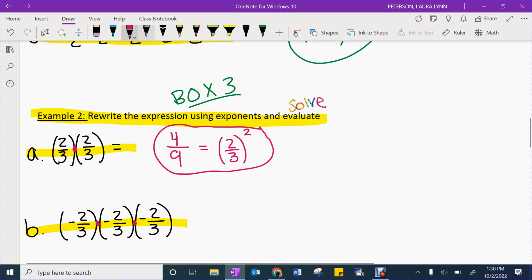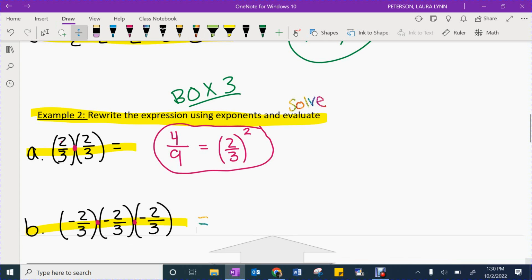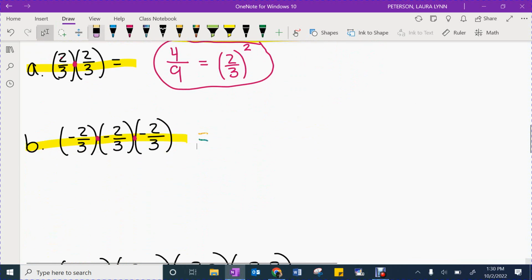We're going to do it again on B. Of course, at this point, if you're feeling like you can work ahead, that's absolutely fine. Go ahead. Just make sure you're checking the answers. B, I'm going to do the same thing I did on A, and I'm going to solve first. Now I'm just going to need a little bit of space,